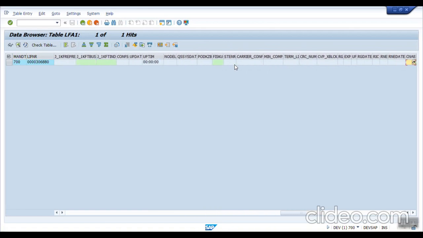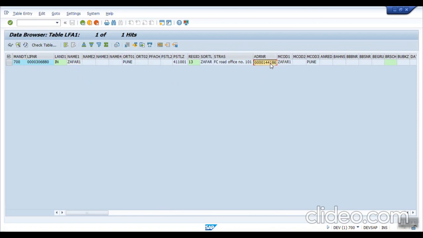But as a good practice, always select the address details from the address table, that is ADRC. So from the LFA1 table we have to select LIFNR, there is NAME1, and the important one from the address point of view is this field called ADRNR.